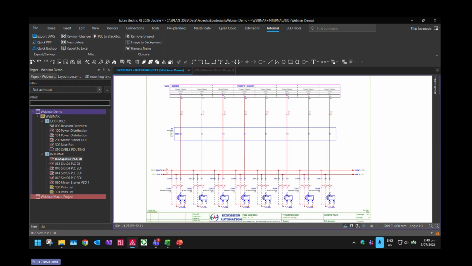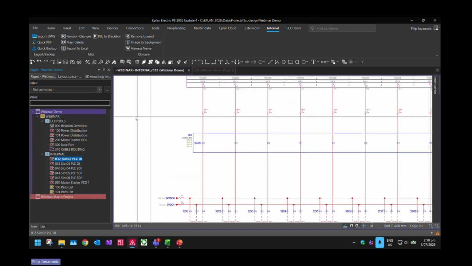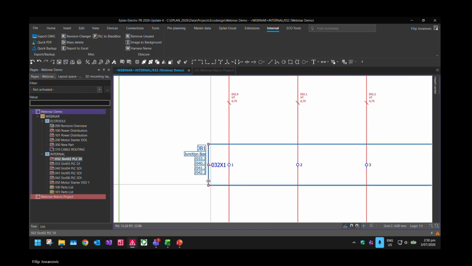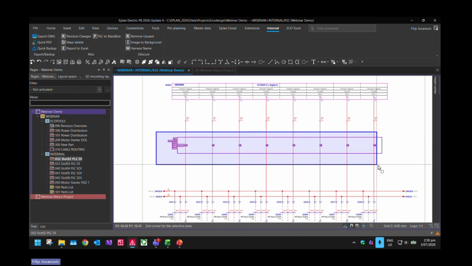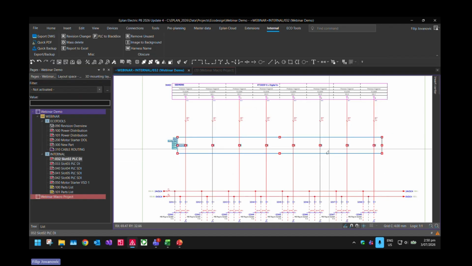So let's say that I've got this junction box here and I want to get rid of it. You know, plans have changed. I don't want to see this junction box anymore. Instead of going across each page, selecting it, delete, doing it over and over,